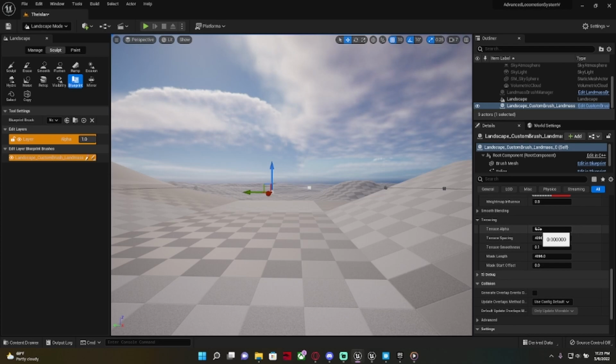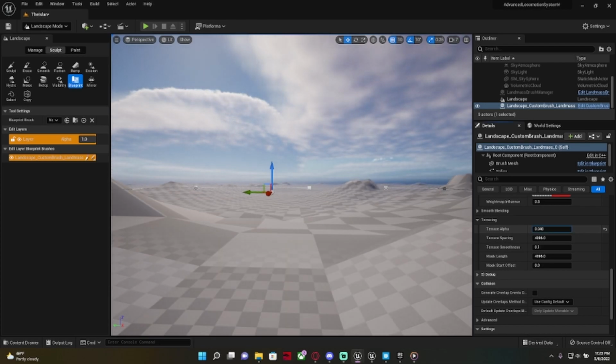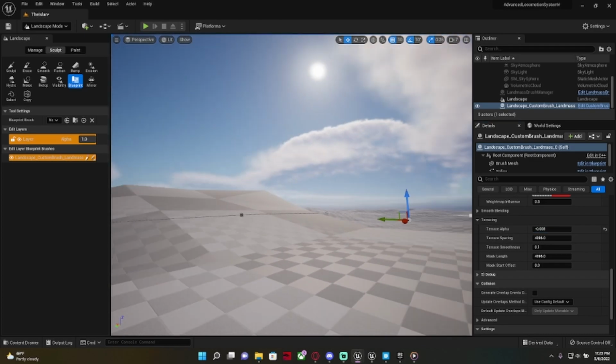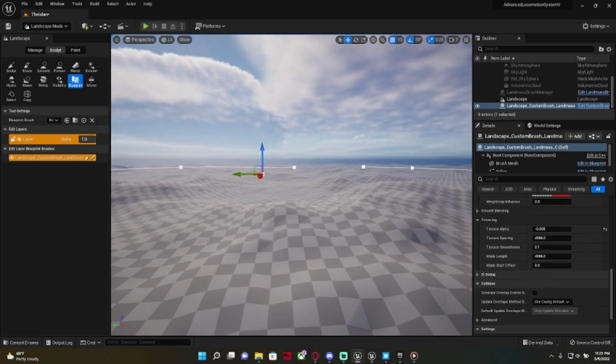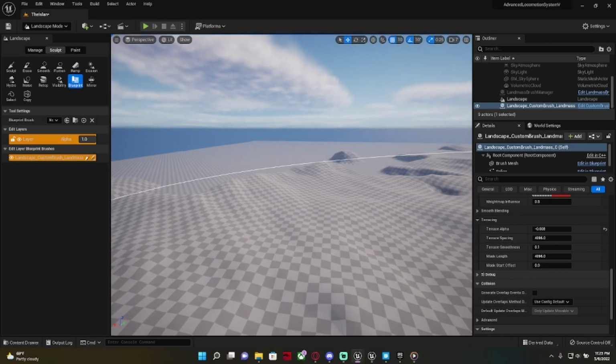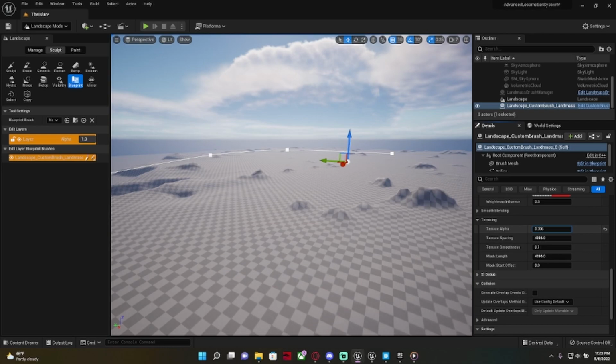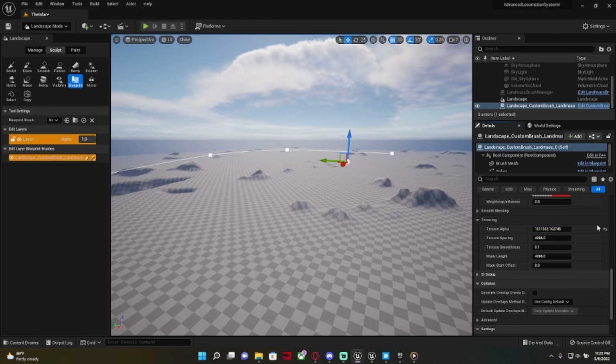But let's go ahead and go into the terracing. So you can play around with this as well, and this is going to also give your map a nice organic look as well. If you just tweak it a bit,